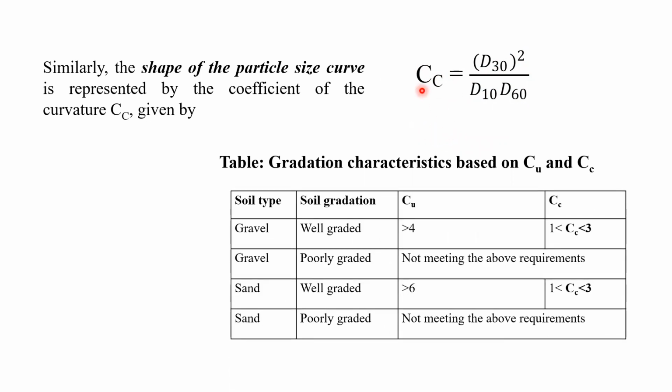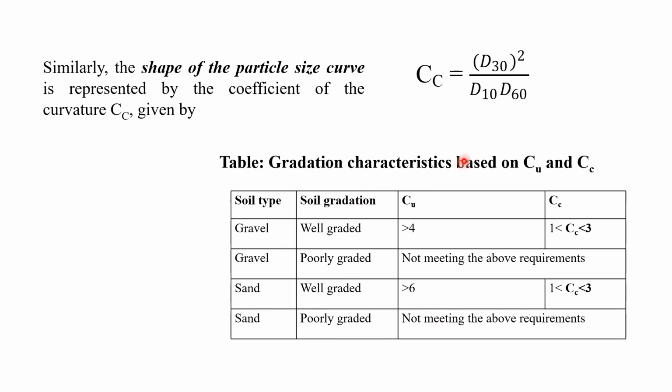If you are an experienced geotechnical engineer, based on the graph itself you can say whether your soil sample, collected from any field, is well graded or poorly graded. You can easily say. But suppose you are not confident and not able to find out whether your soil sample is well graded or poorly graded. In that case, we have to use this chart, this table.